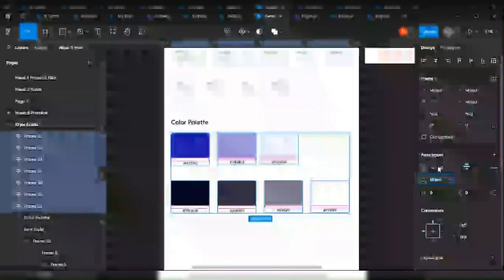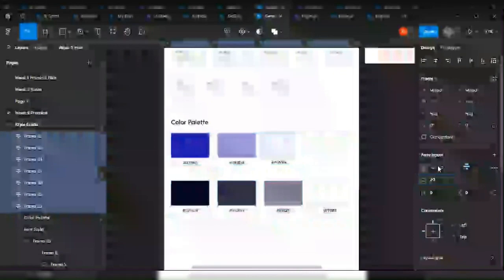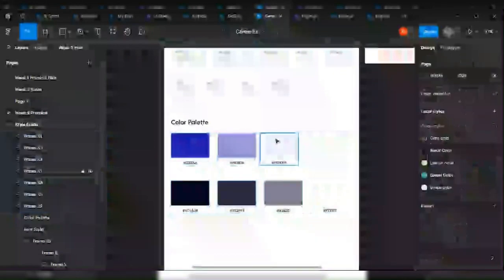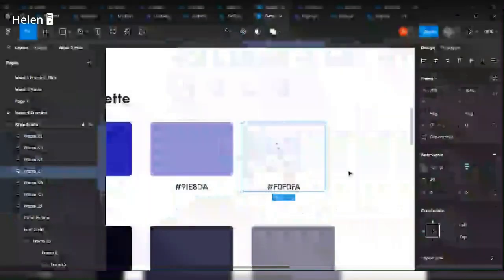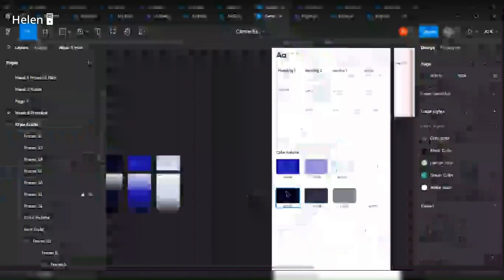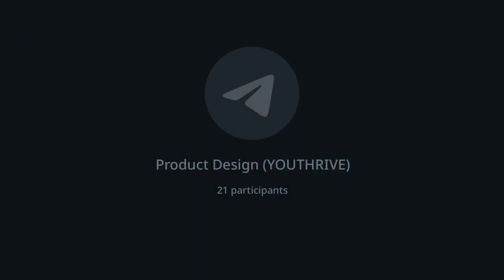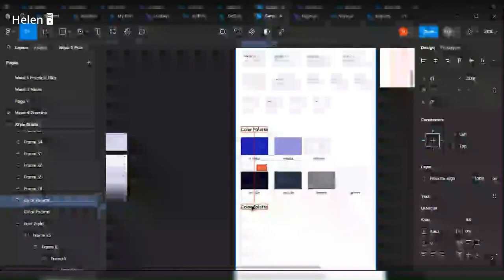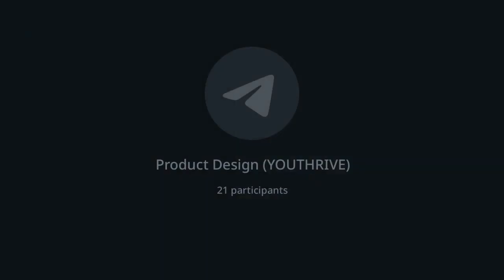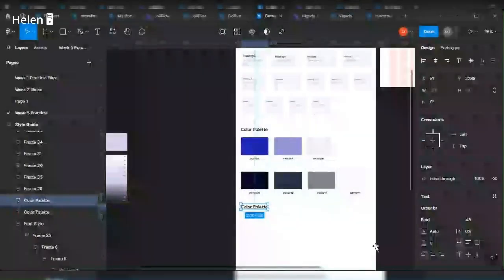Now I will have to duplicate. And then the next one I'm going to create is the illustrations and icons. Now somebody asked a question: where do we get illustrations and icons? So for the icons, iconography,